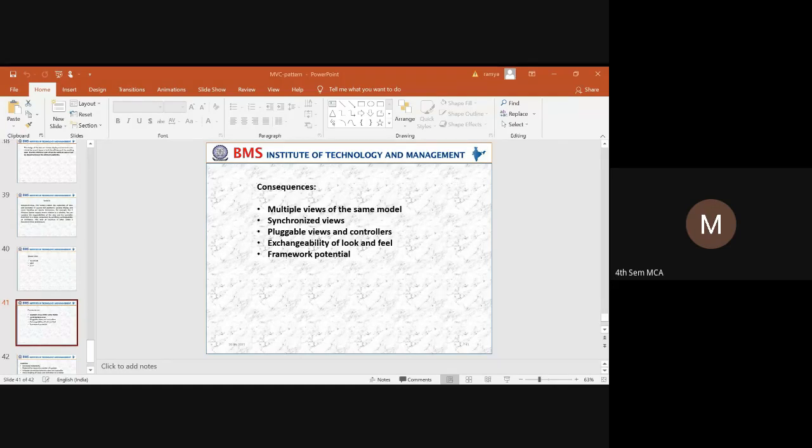So whatever the views that our user is going to select are entirely independent of the other components, and the end user will not be able to modify the entire model. So all the multiple views will be related to the one single model. We had taken an example of an election result.